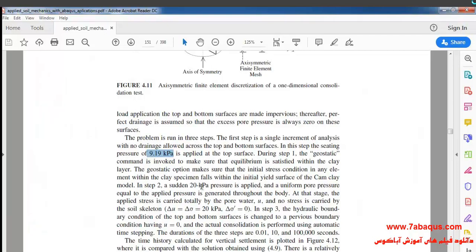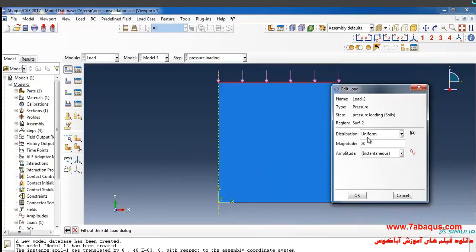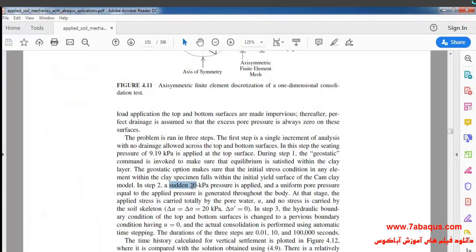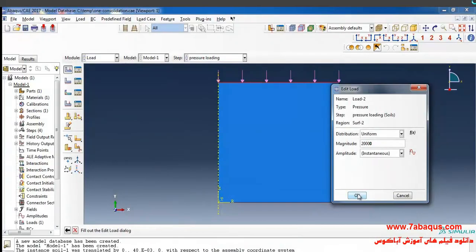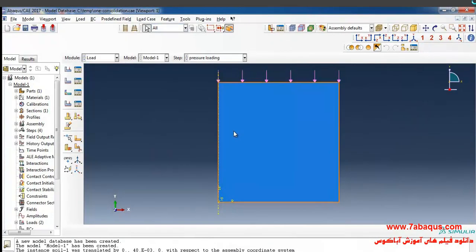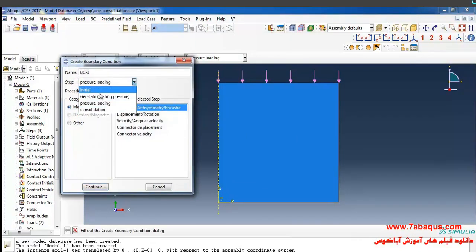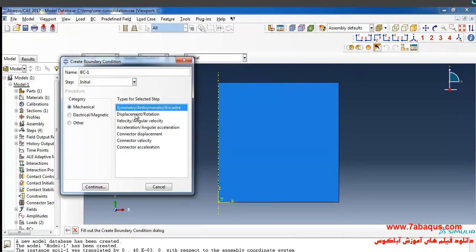In step 2, a sudden pressure as much as 20 kilopascal will be applied to the top surface of the soil. Here I will enter 20,000 Pascal and put amplitude on instantaneous and OK. In the next step, I'll click on Create Boundary Condition, select Initial Step from here, then Displacement/Rotation